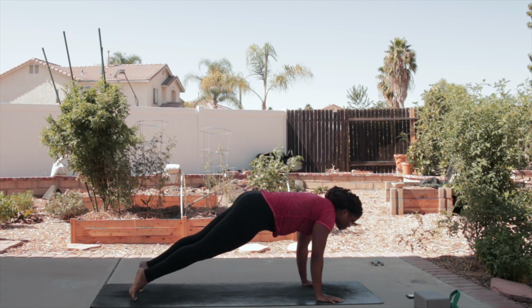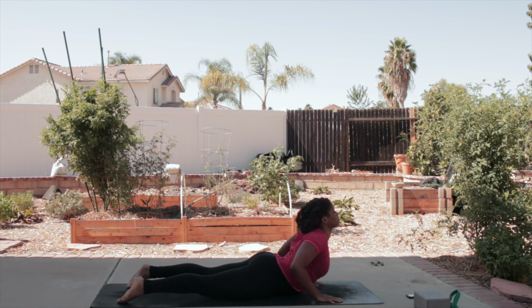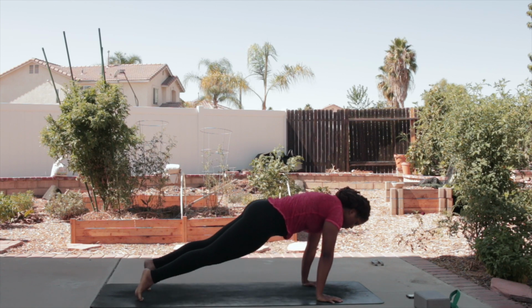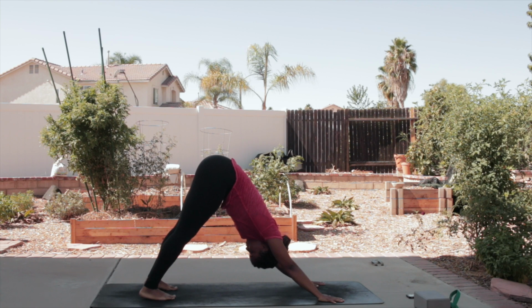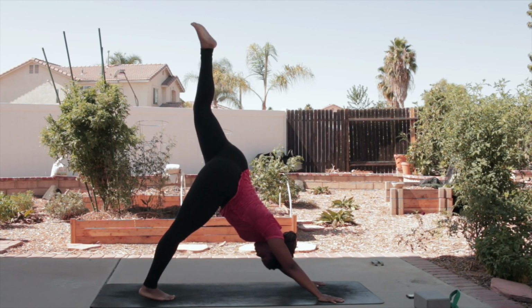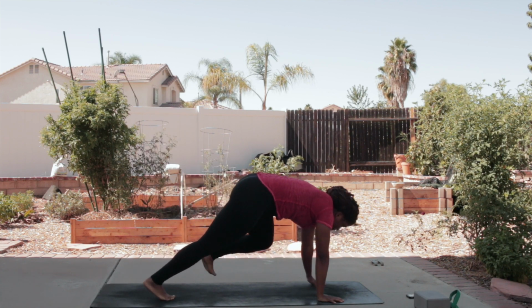plank. Exhale down. Inhale for cobra. And then we're going to exhale back towards our downward dog position for 5 deep breaths. After 5 breaths, your left leg is going to go up into the sky. And then you're going to tuck your knee towards your nose and step it through to a high lunge on